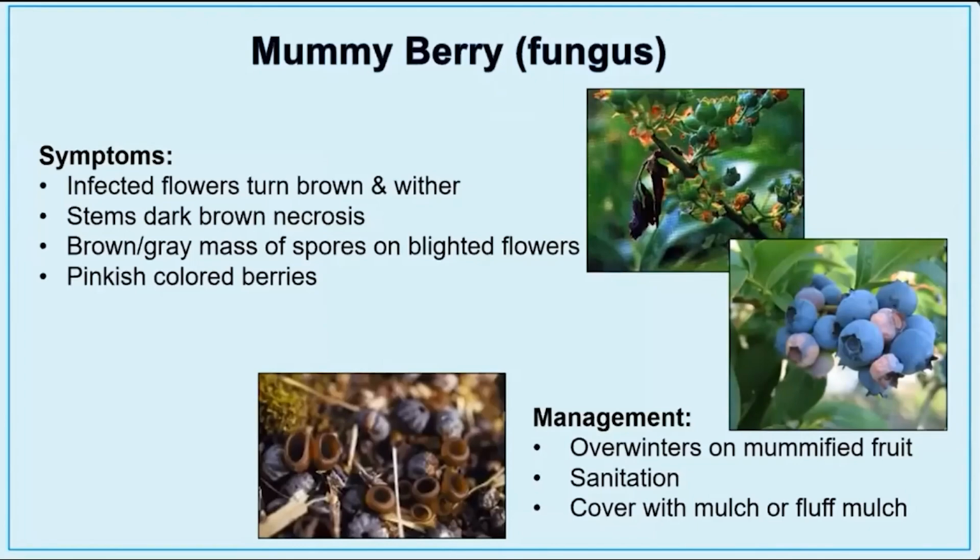Some of them are blue. Those are good. The ones that are pink are not. Trust me, never eat one of those pink ones. Oh, they taste awful. Now the management for it is